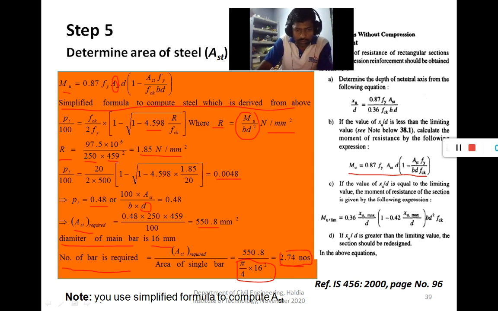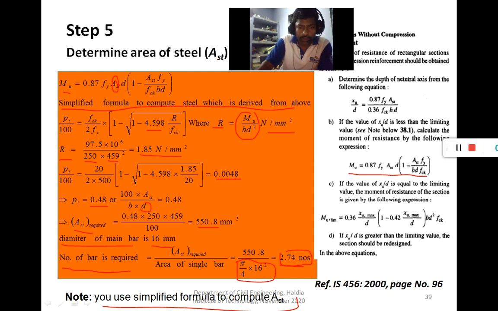Here the note is given: use the simplified formula to compute AST. To save time, use the simplified formula, because design is a lengthy process. It requires more practice and also takes time.